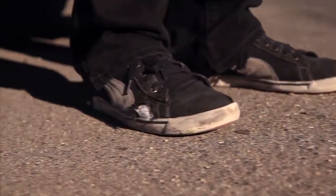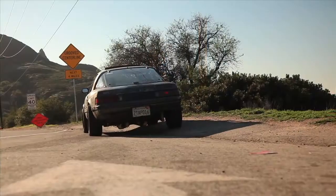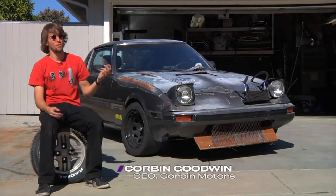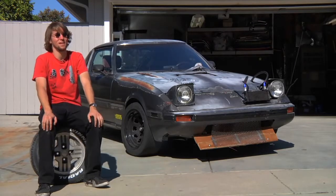And now it's time we meet this monster's creator, Corbin. He's only 19, but for the past few years has dumped every dollar he's earned delivering pizzas into his mischief mobile. Well, it's what started out as a 1984 Mazda RX-7 with a 12A and an automatic owned by someone who's probably dead now. But anyway, I got it out of a ditch in Fresno for about $350,